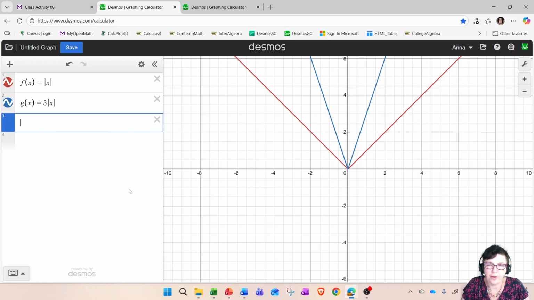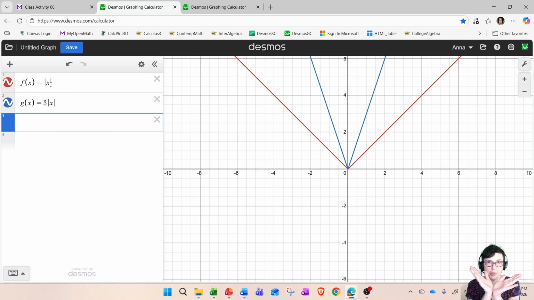Look at the two graphs in front of you, the red one and the blue one. While they may seem different, they actually are obtained by stretching one of them vertically. Now, let me explain how that works so there is no confusion. First, look at the original one, the red one, which is absolute value of x, and hopefully you can recognize